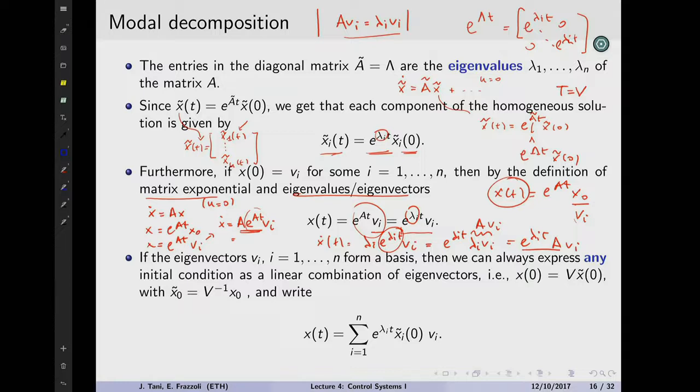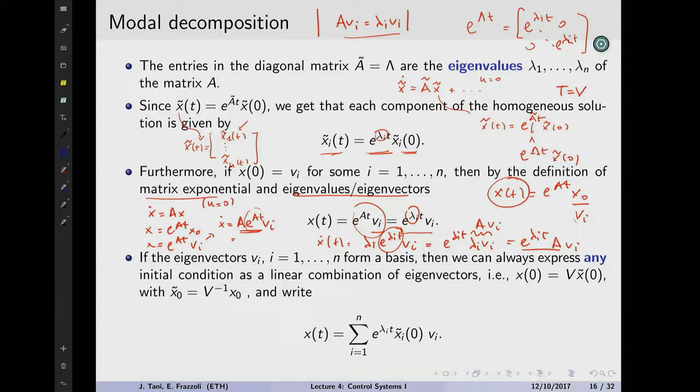It's so special that if you choose that to be the initial condition, the evolution of your system is only going to be in that direction. There's nothing else involved. All other eigenvectors are going to stay on the side. So it's interesting. Why? Because now we can isolate the different components of the evolution of the whole x based on the individual eigenvector directions.